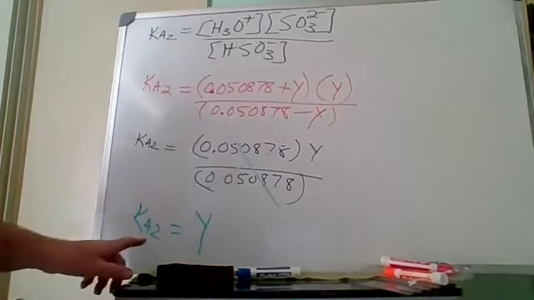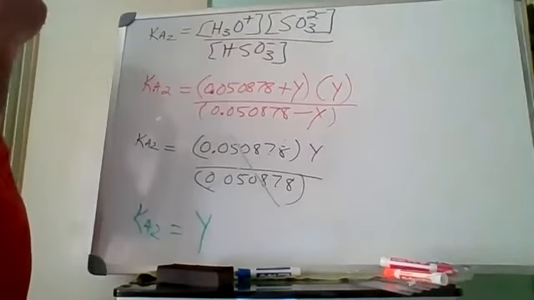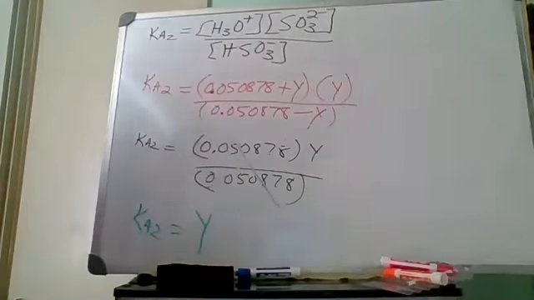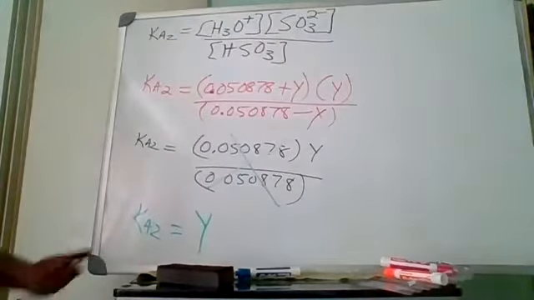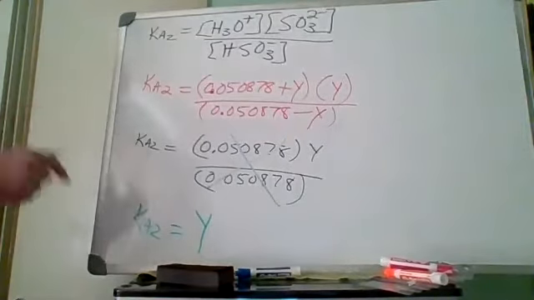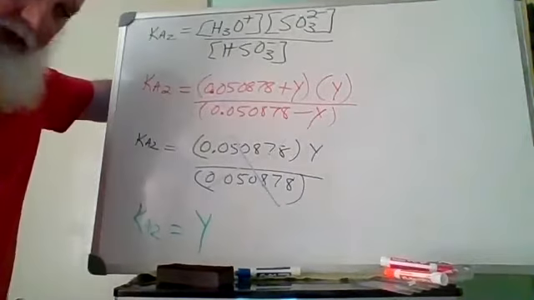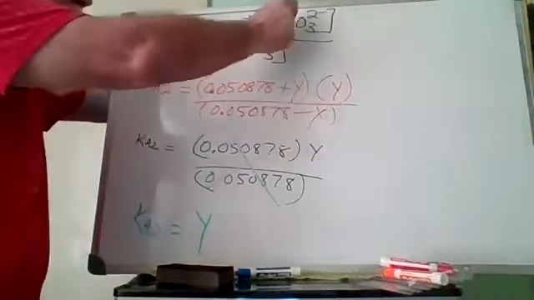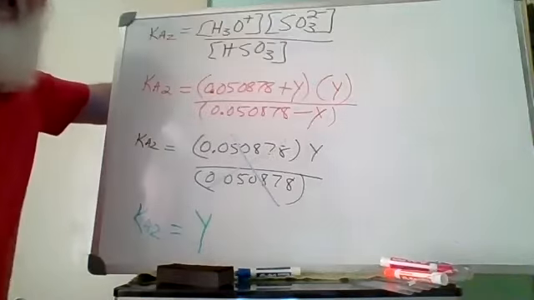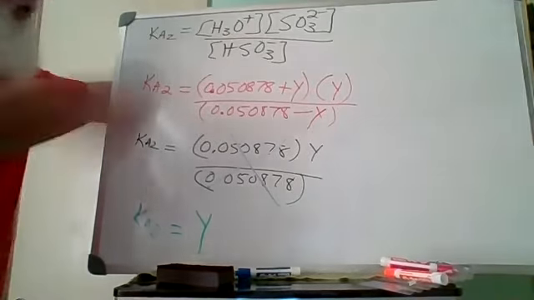So the concentration of sulfite anion is 6.3 times 10 to the negative 8. This is a very, very powerful relationship because it actually saves you. If all you're after is the concentration of sulfite anion, A2 minus,